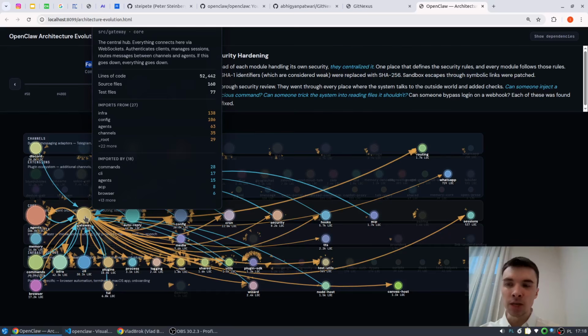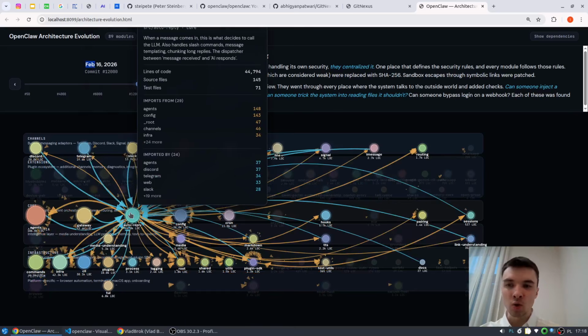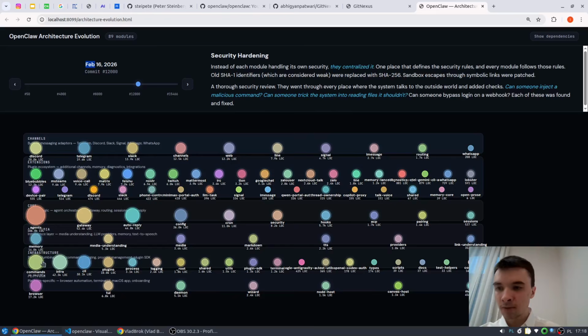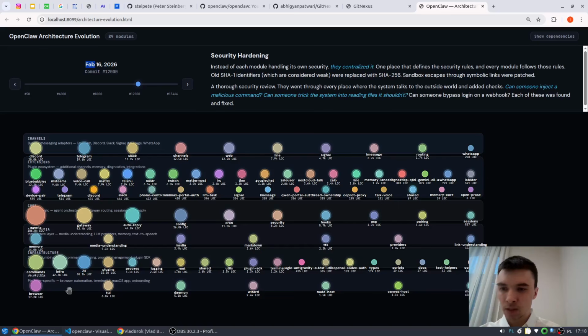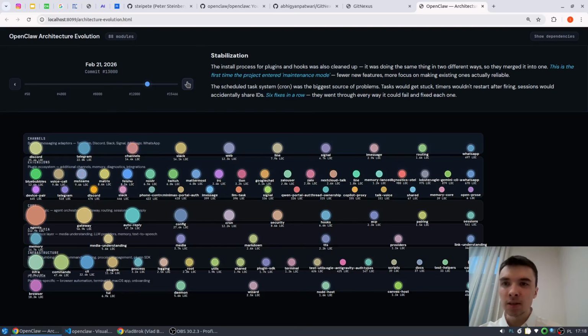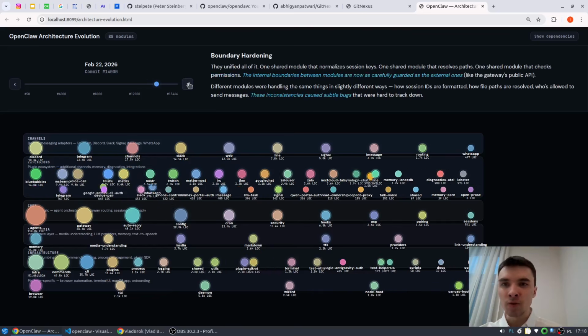The gateway is for communication channels, Discords, and so on. It's core stuff. Then there's memory management, infrastructure, CLI. Okay, stabilization here, maintenance mode. Let's go to the final